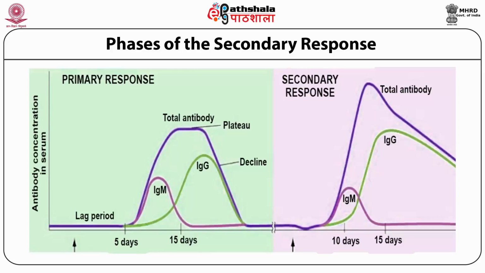In the case of the secondary response, the lag phase is shorter, almost cut down by half. That means the secondary response is quicker than the primary response. In this secondary response, IgM may or may not be detected. If it is detected, it is soon replaced by IgG kind of